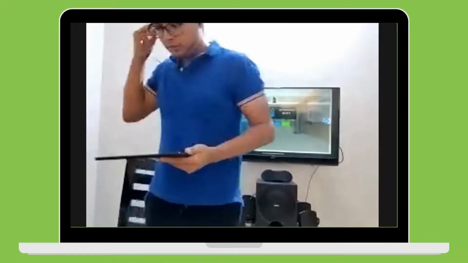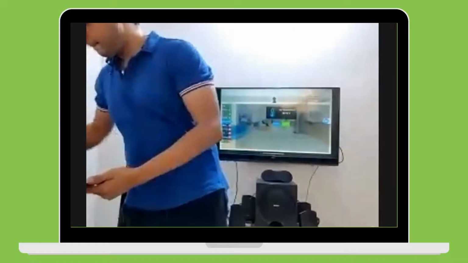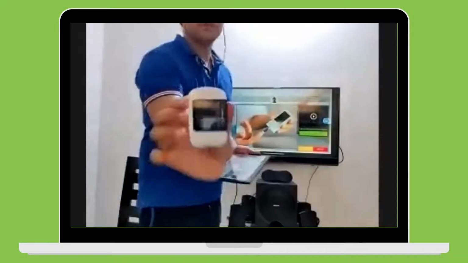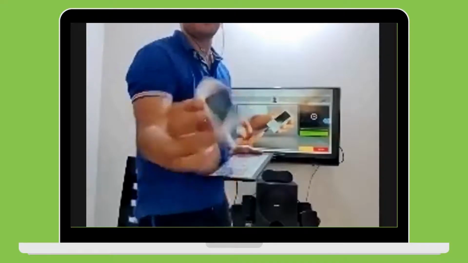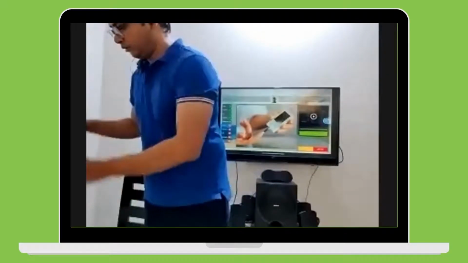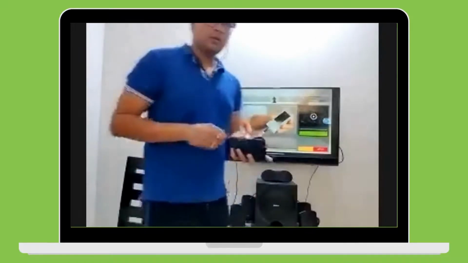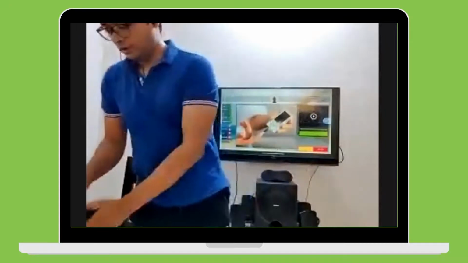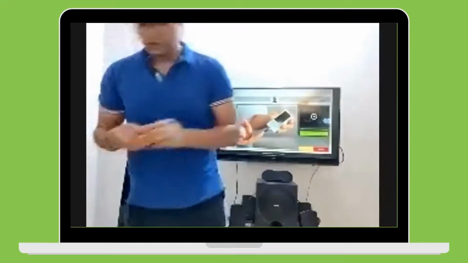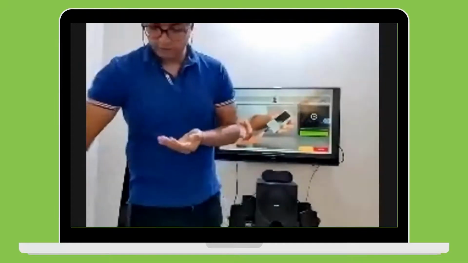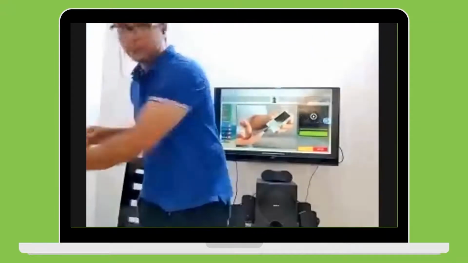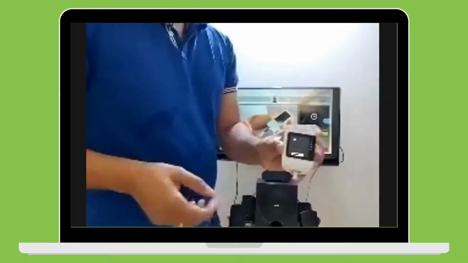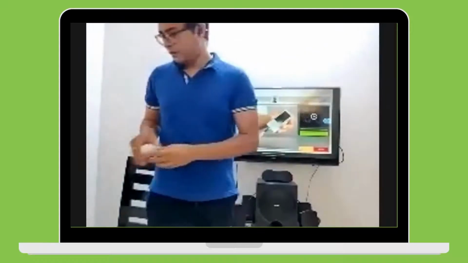Next we have a glucometer. This is a blood glucometer that we have. To use the blood glucometer, there has to be a person who can prick the finger. There are strips for this glucometer. I need to first insert the strip on this. So it has started.